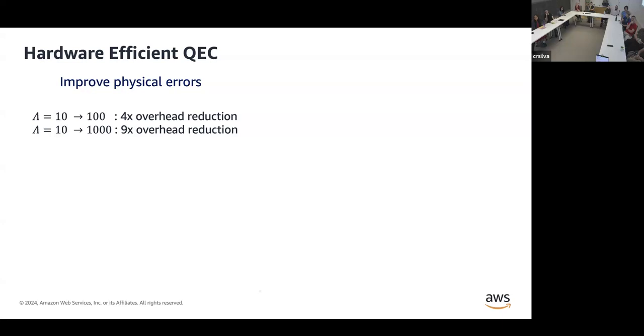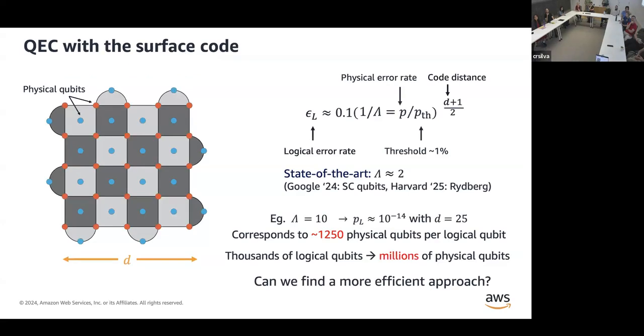And again, today we are at lambda equals 2. I think we should try to reach lambda of at least 10 before scaling. Otherwise, you just have to scale too much. As I showed you, at lambda equals 2 the overhead is already like 1,000. But now, because of this formula that I showed you before, which goes as distance plus 1 over 2, and the number of qubits goes as d squared,